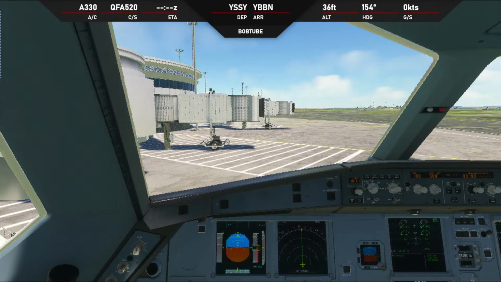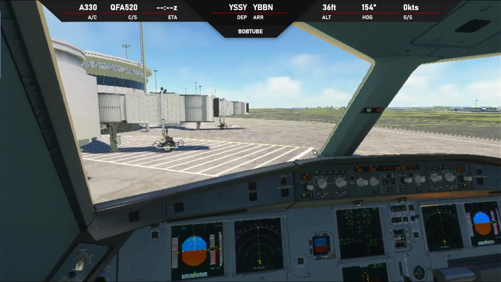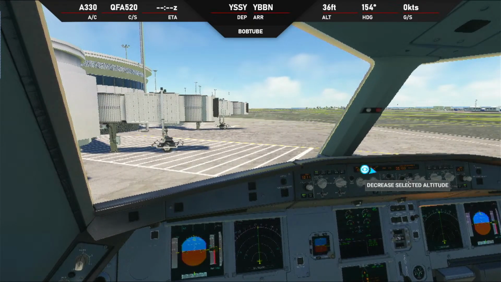Barometric pressure is set. EFIS. Constraints. Arc 10 nautical miles. Speed as required, heading as required, altitude, initial climb. Well, we don't know that yet because we don't have clearance. Radio setup, MCDU data check. Okay, so